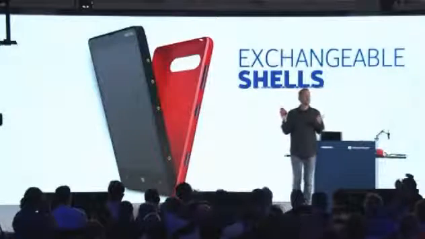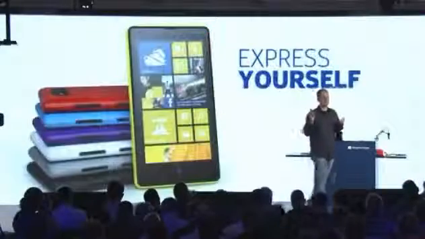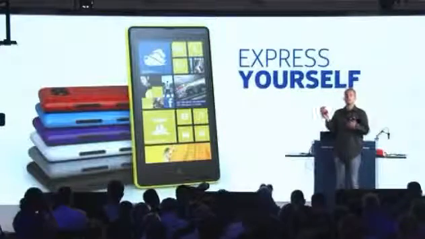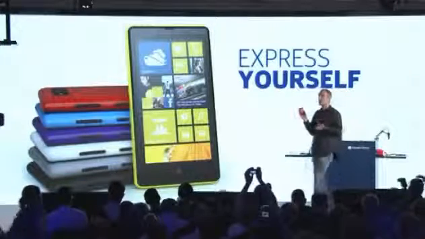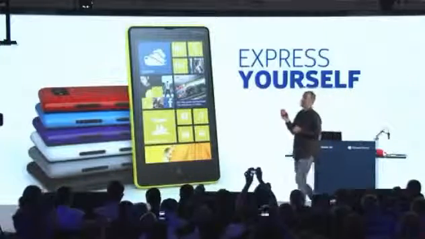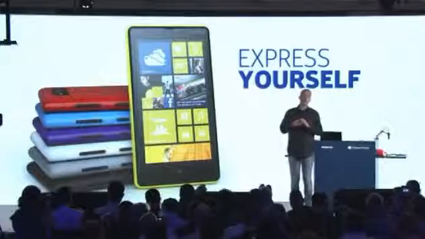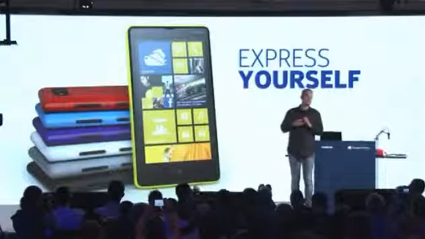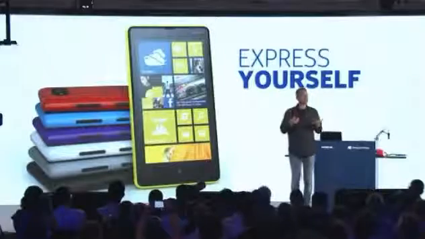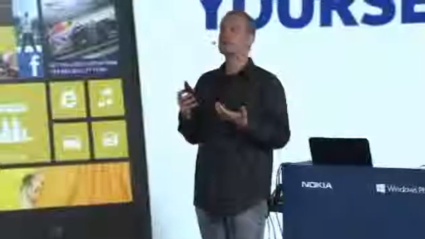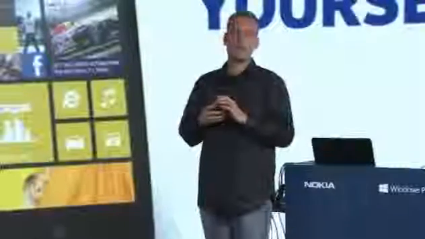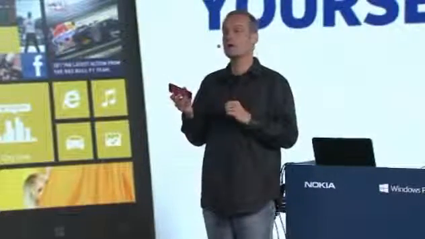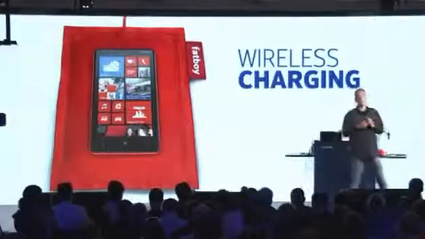We're introducing 3 different types of shells for the Lumia 820. The standard shells make it easy to change the color to suit your mood. It comes in bright red, yellow, gray, white, stealthy black, cyan, and a new color for Lumia, a gorgeous purple. The protective shells add extra durability without compromising the sleek, stylish lines. It's the cover that you don't have to cover. And the third set of shells, well, they add wireless charging. Yes, the Nokia Lumia 820 joins the